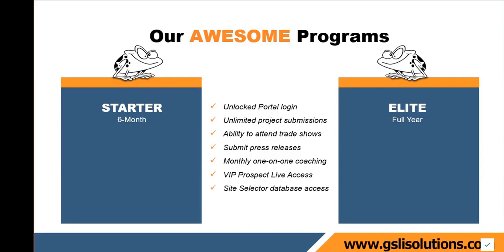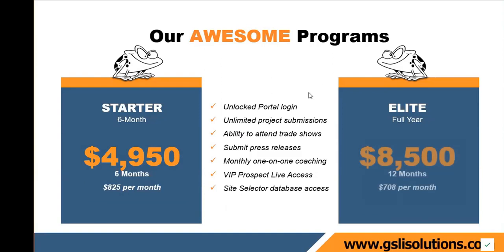But because I've put together a co-op program that allows a maximum of, in most states, 5 communities to participate, it spreads the cost of your investment into the portal and allows us the opportunity to co-op all of those monies together into one global marketing fund and go find leads for the entire group that you get to come in and pick and choose. In fact, for only 6 months, as you see here, it's only $4,950. At $8,500, that's an entire year.